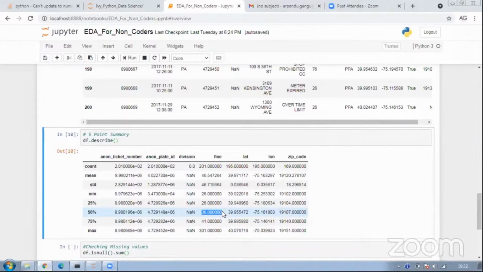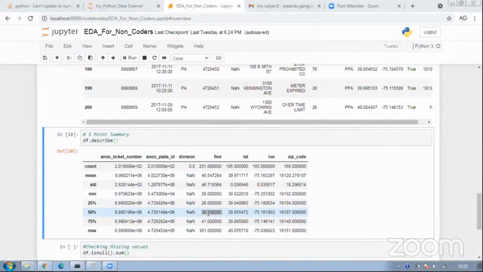And what do you feel, where are my outliers? Is it on the minimum side or on the maximum side? What do you feel? Do you feel the outliers are on the minimum side of this distribution, just looking at this summary?